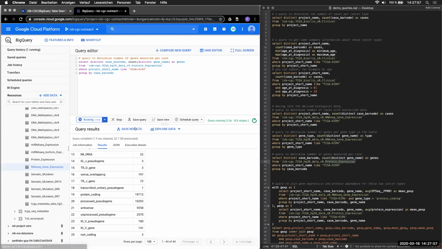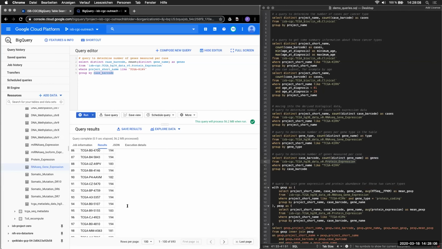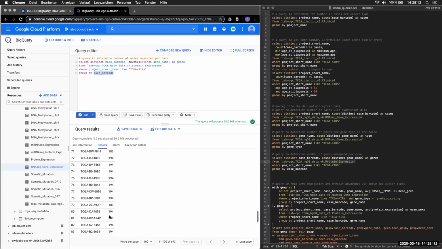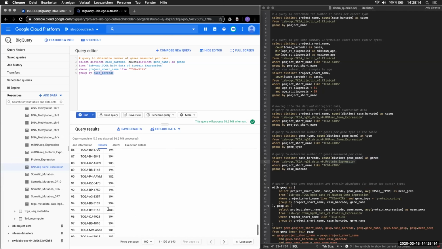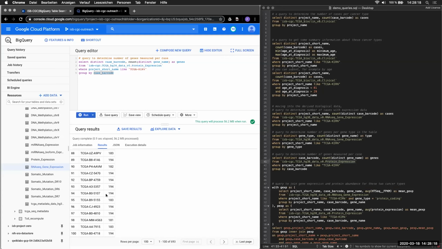So this is basically the same query, but I'm running it on the protein data. And I'm ordering this by case barcode. Here there are fewer, not as many proteins were assayed for abundance as genes were for expression. Generally it's about 194, some of them have 183, and we'll probably have to end up using the minimum amount to make sure that all the cases we're interested in have the same data, so that our comparison is maximally